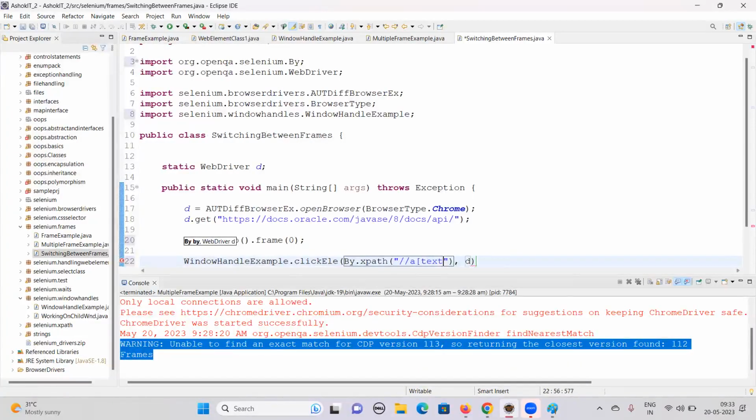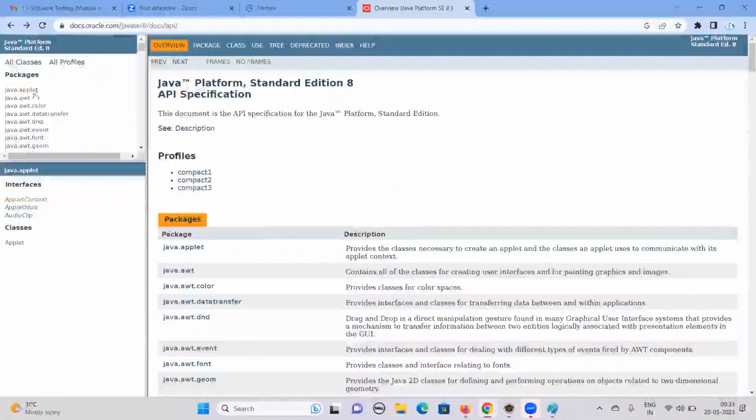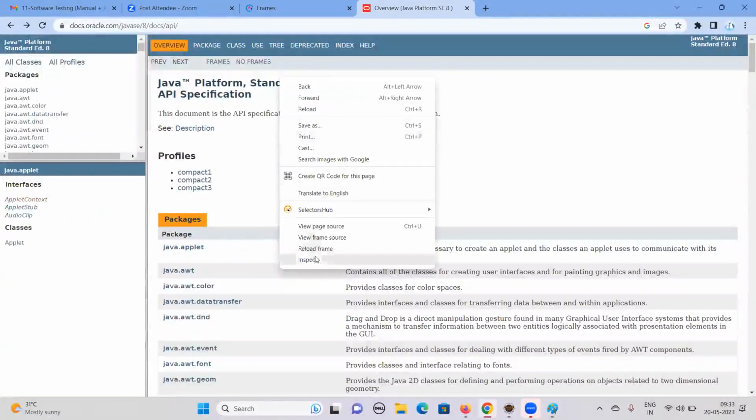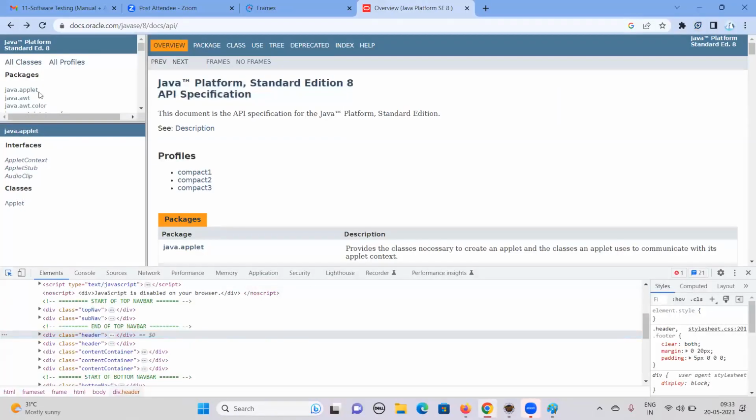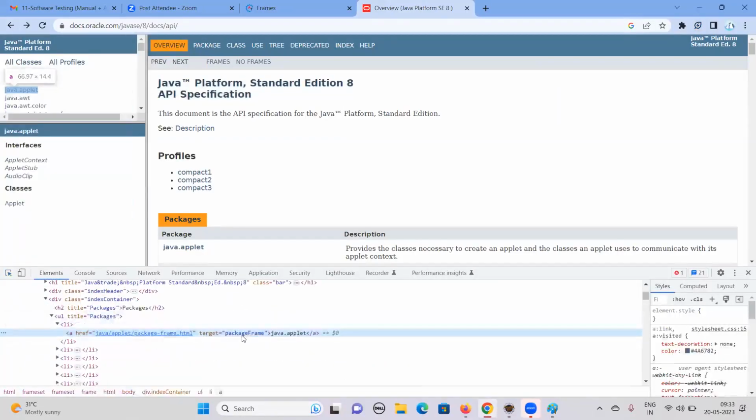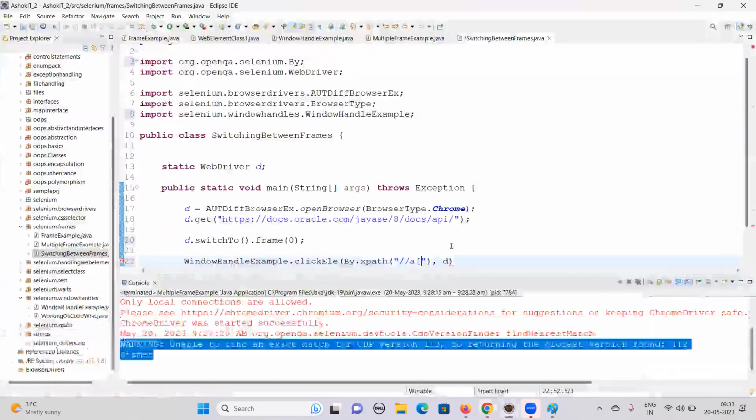So the text is... we need to identify this one. So right click, inspect, go to this and try to click on this. Now you can see there is a text, so give the text here. Text is equal to